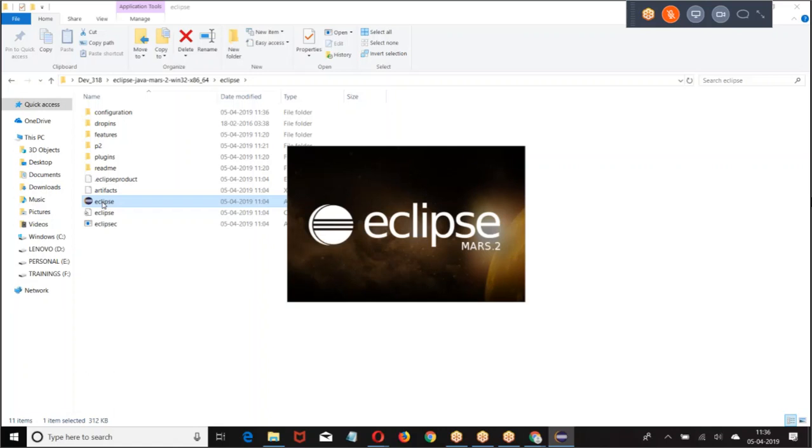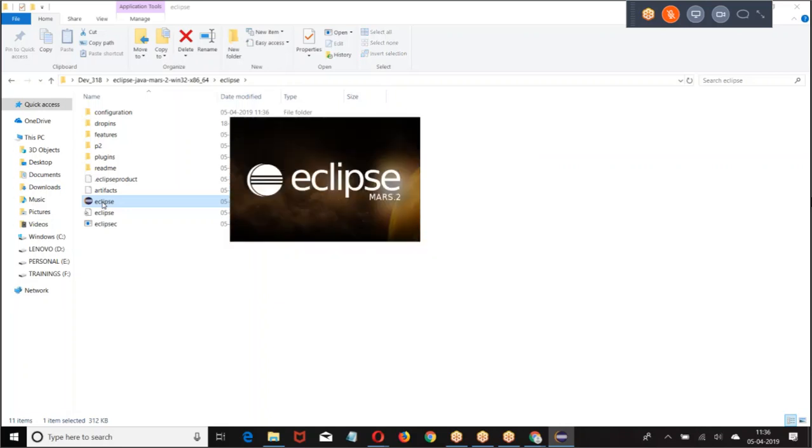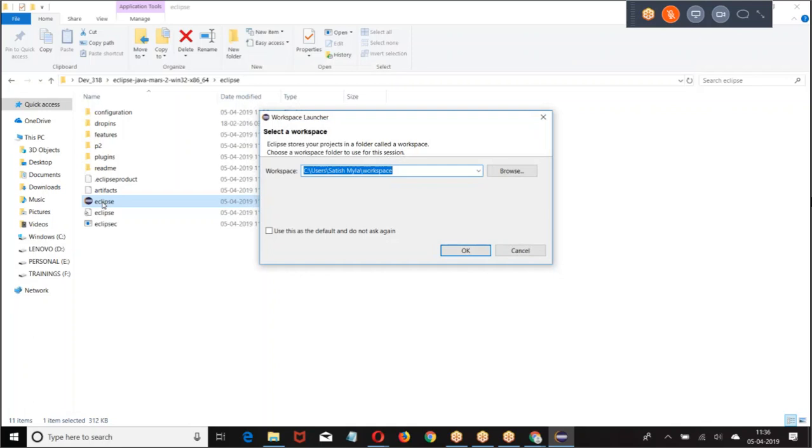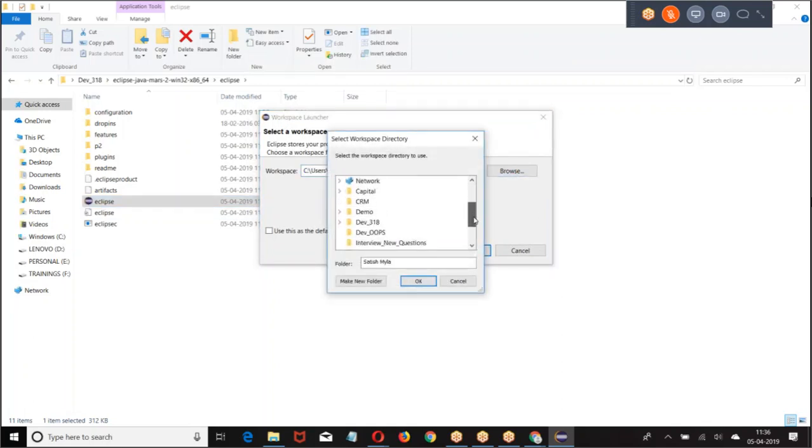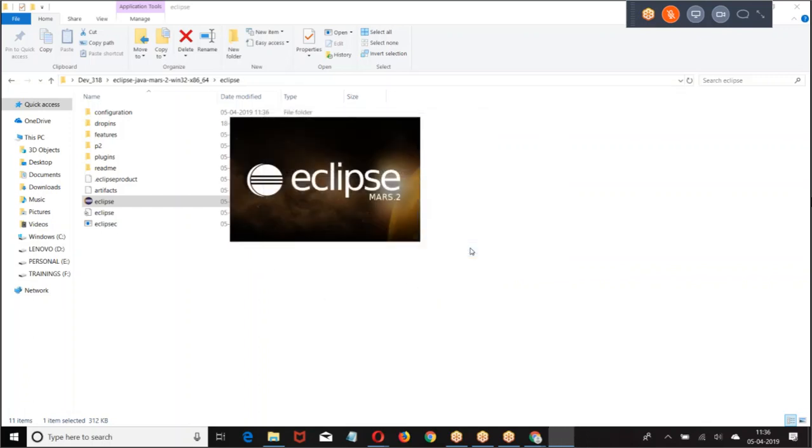You find the Eclipse logo. Click on that Eclipse logo. Define the workspace. Workspace means where the code should be saved.